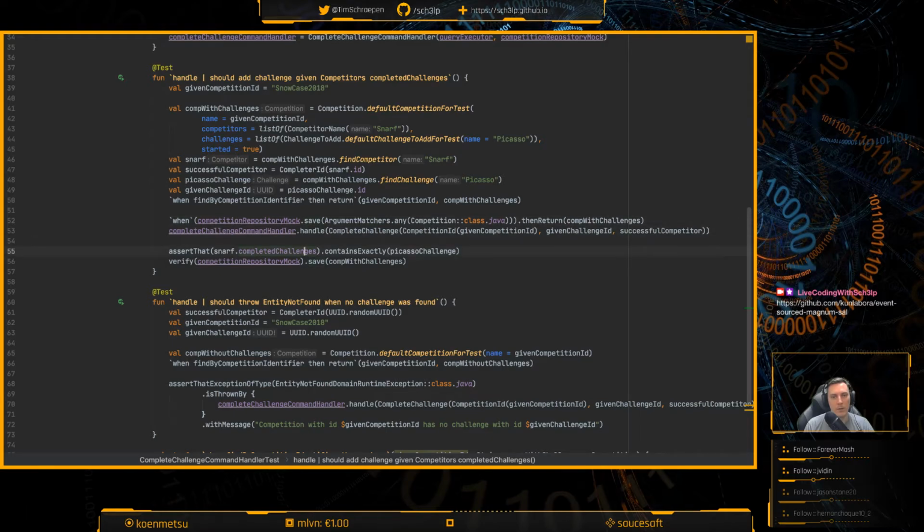What do we do here though? We do verify that the completed challenges of Snarf here, the Snarf competitor, has the Picasso's challenge as a thing. Yeah, okay. So I guess this is fine as well.